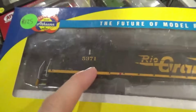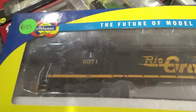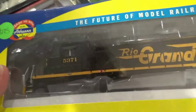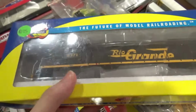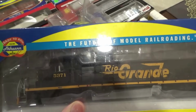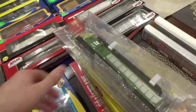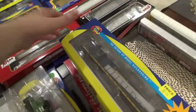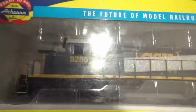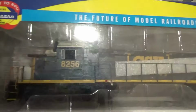So the real 5371 is in preservation, so I'm going to keep this one pretty much stock. I'll just detail it up, make it look nice, grime it up, of course. That was a great find there. That was the steal at the show. I was super happy to find one of these. And I also got that, like I said. I picked up this CSX SD40-2, although I'm not sure if I'm going to keep it now, because after looking this number up, I did discover that this unit's been renumbered and it's actually been converted into an RC unit, so I'm not sure if I'll